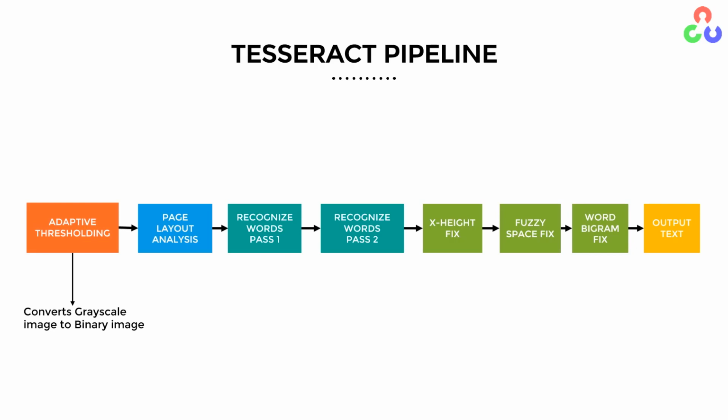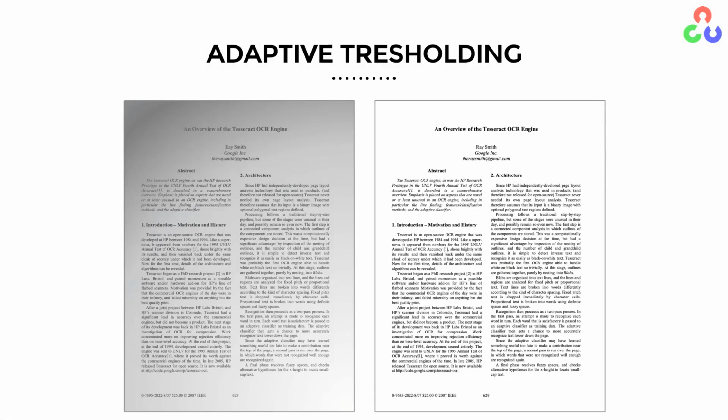So Tesseract does very well on both cases. After you have done adaptive thresholding, you get an image which is clean. And here's an example of adaptive thresholding. You can see that we had an image, there was some shading here, and it was not looking very good. After adaptive thresholding, we get a nice-looking binary image. So that's the goal of adaptive thresholding.